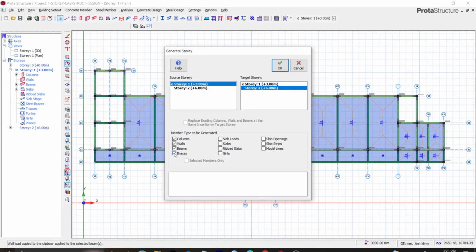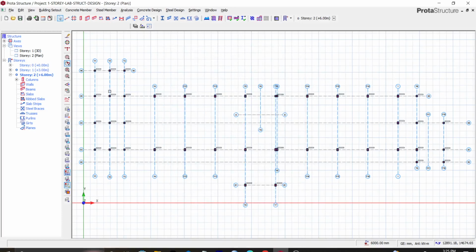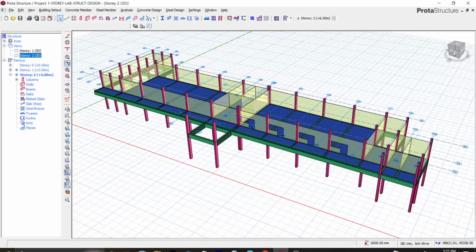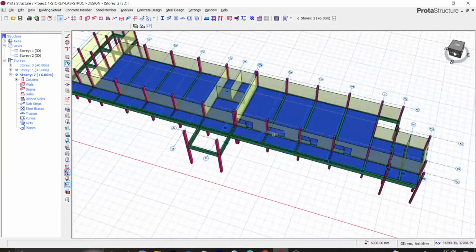Wall, we can just put our own beams. So let's just uncheck that, only copying columns. So just click OK, then close. Then now let's go to 3D and see what. So we have our beams there. So once you have our beams, you can now go to plan view and introduce. We have our column. Now let's go to plan view,